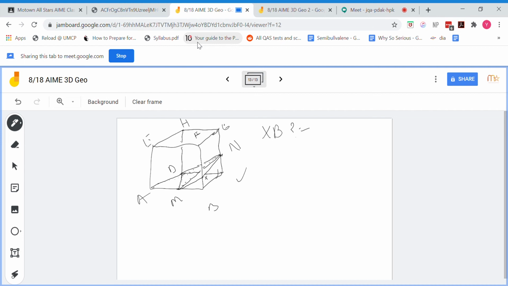So if we draw, say, line DB, and line DX, so line DB and DX, then DMXB is a tetrahedron, and DNCBX is a pyramid with the vertex D and base NXBC. And the reason I chose these two specific solids is because it's easy to compute the volume of these, since the volume of DMXB,